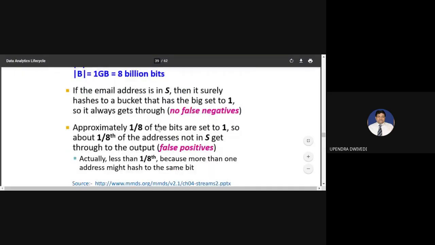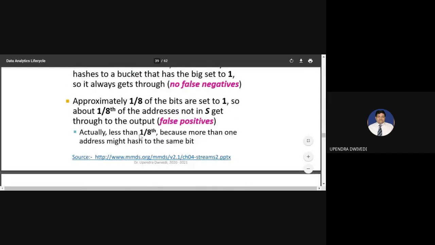When we fill the whole bit array, you will find that approximately 1/8 of the bits are set to 1, so about 1/8 of the addresses not in S get to the output. This will be generated as a false positive. Actually, it is less than that, because more than one address might hash to the same bit.